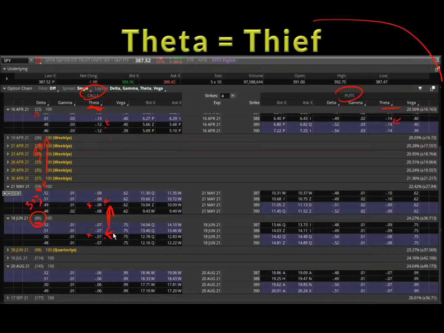So you want to get further out in time when you're buying options, or when options are cheap. They seem a little more expensive out here versus here, right? A couple of dollars more. You're spending a couple of dollars more, or $200 more in a sense. But I've only lost that extra dollar a day during the time of this, whereas with this, it could get very costly, $3 to $4 a day extra, right? So it would erode much faster, right,